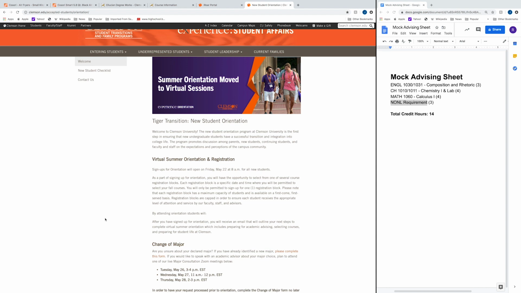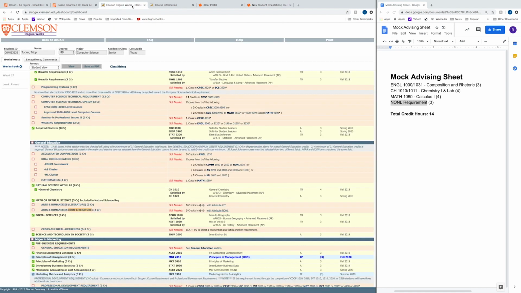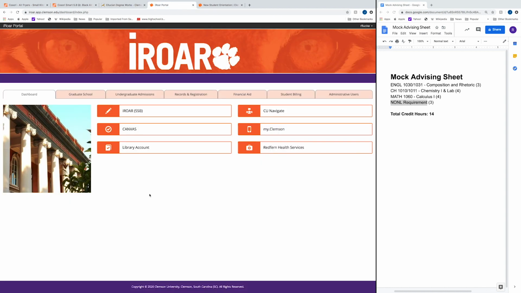Now, before we get into Plan Ahead, I want to highlight a couple things on the screen. To the right over here, I have a mock advising sheet. These are just some of the classes I took during my first semester at Clemson. So we're going to be using this sheet for demo purposes. Over here in this tab, I have DegreeWorks open. It's super handy to have open and to look at while you're registering and while you're planning ahead. And then in this tab, I have the iRoar portal, which is how we're actually going to navigate to the